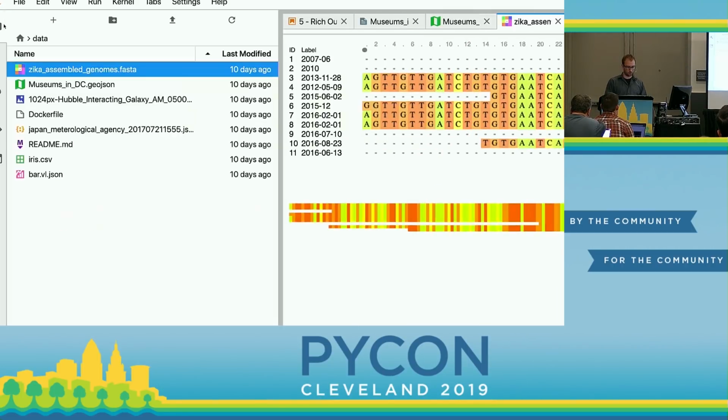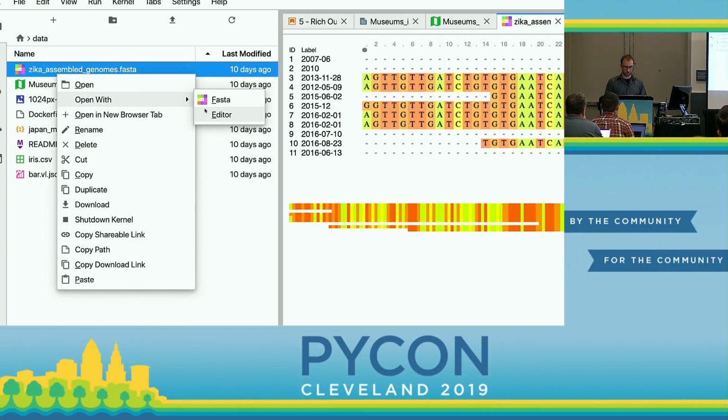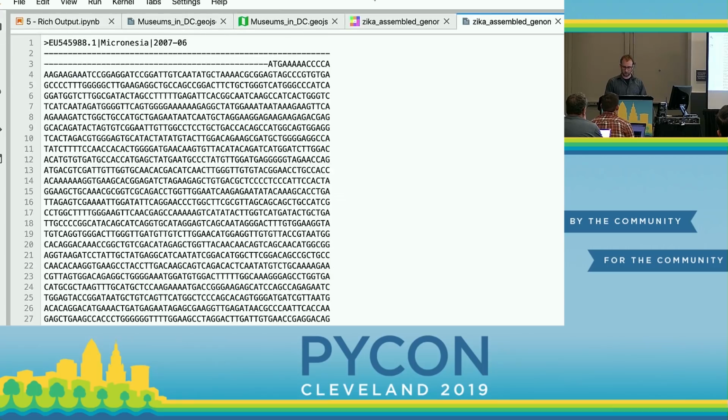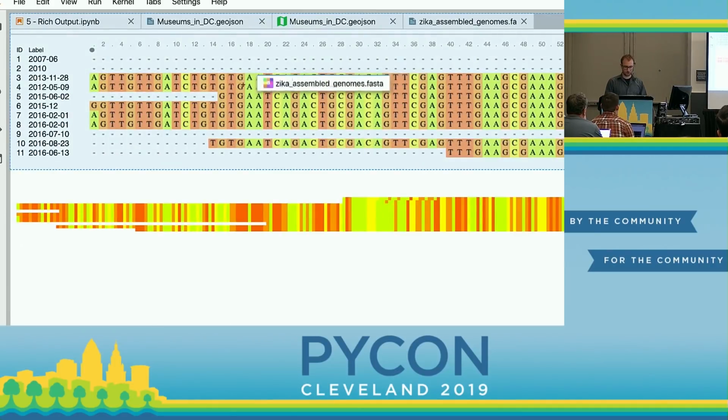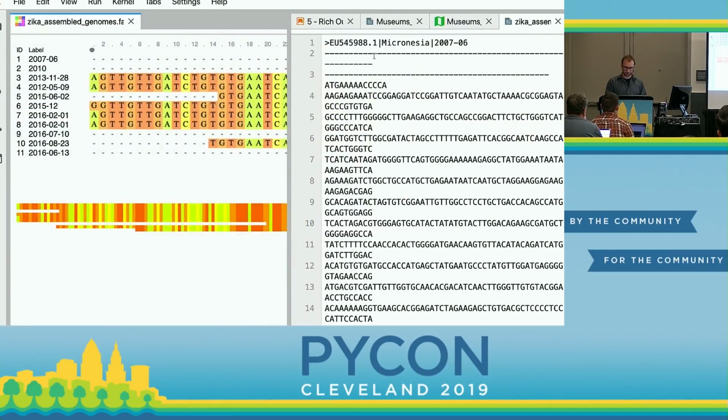I want to have the raw view. So, Zika assembly, opening with editor. Let me try to get the two next to each other. One of the nice things: the first one is a dash here. If I change it, hopefully it should automatically update without having to save, so the two views are